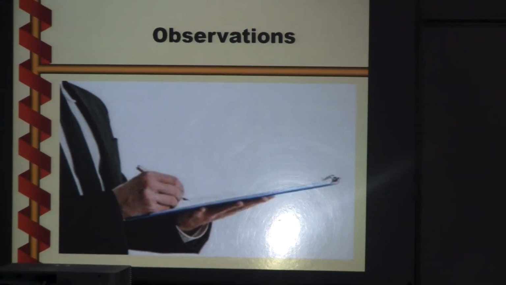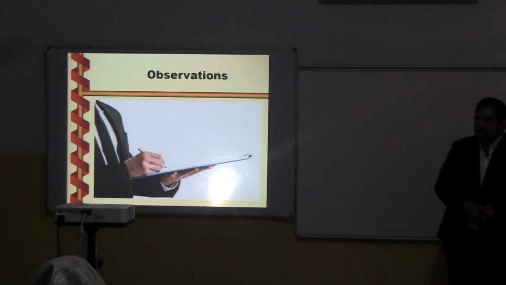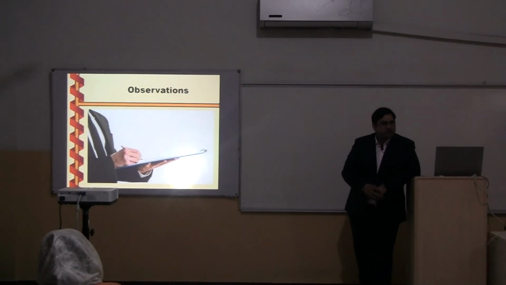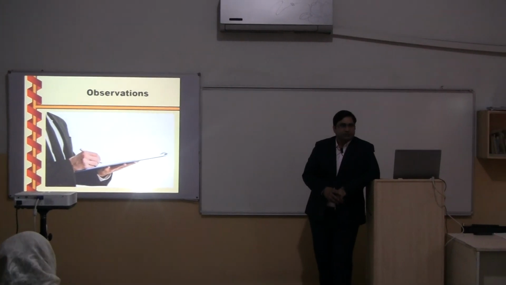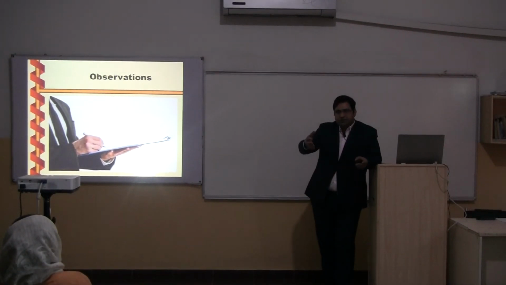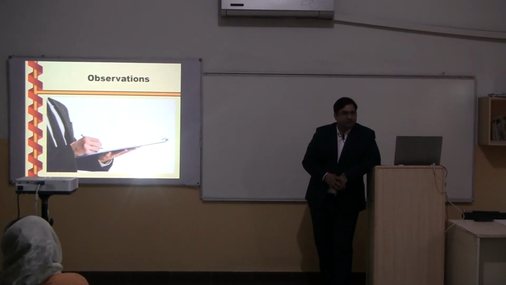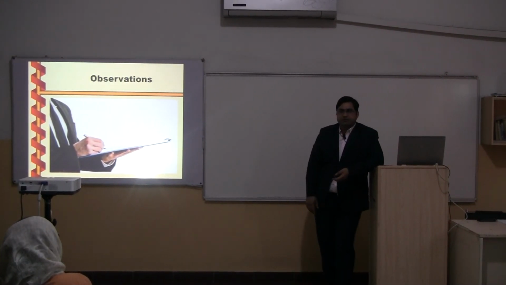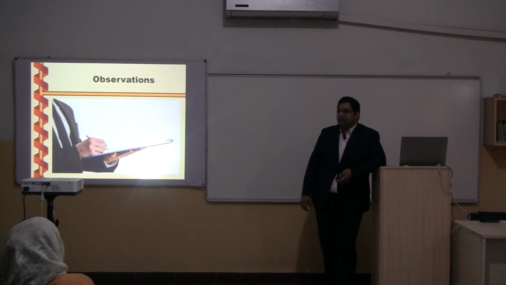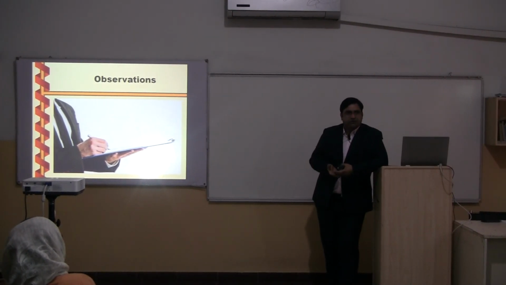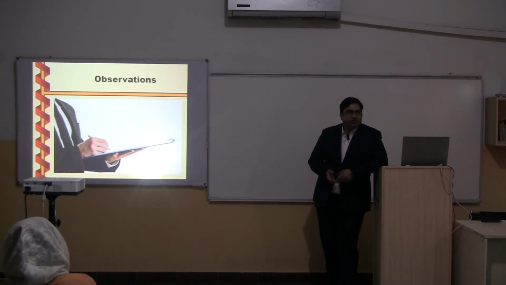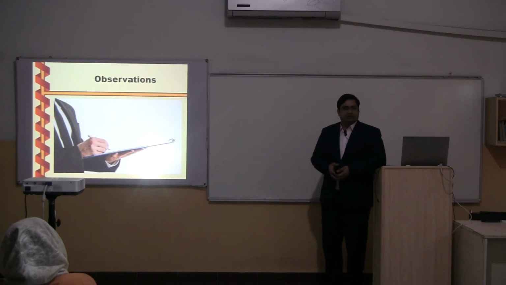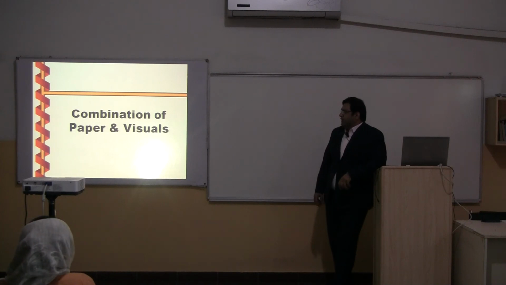Observations, like again group work, individual work can be observed. There can be a group discussion and you can act as an observer for this purpose. A group of students sitting there and you are observing them, that's group observation. You can give them marks on the basis of that. Generally, how do you mark them? The in-class performance that you mark in your system, that is your observation. And plus the homework, again a kind of observation, though you rely on their notebooks as well, but the observation part is also there. Then we have combination of